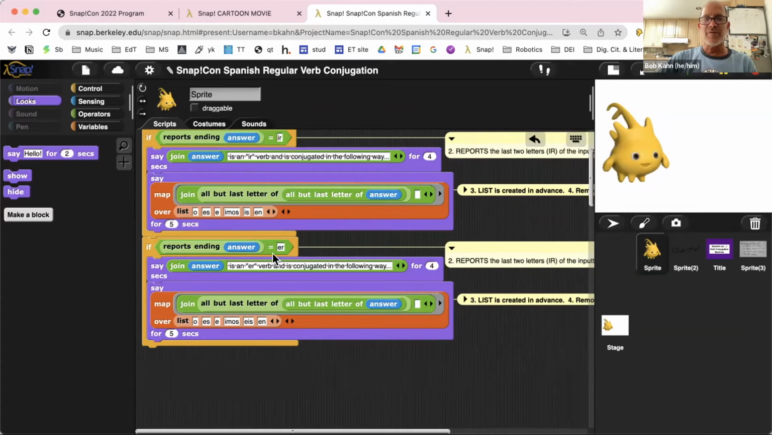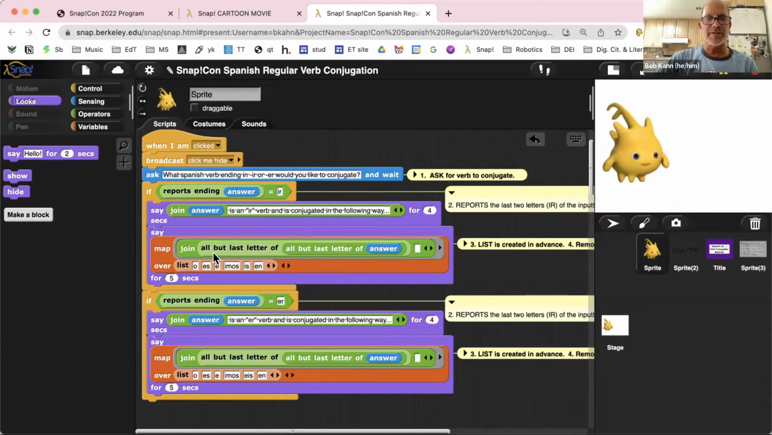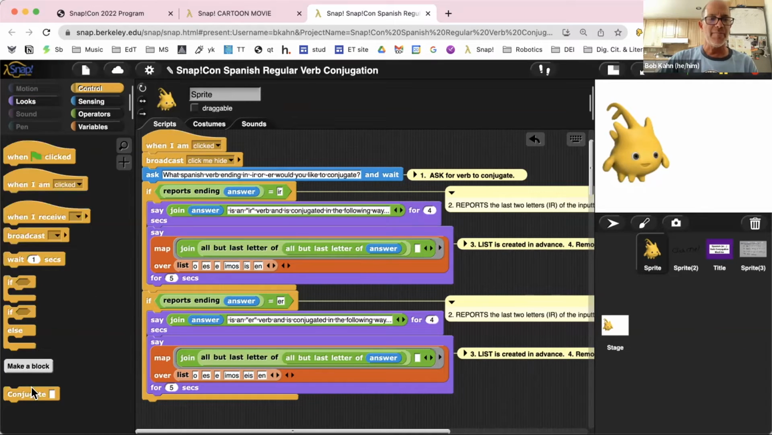And right off the bat, I'll have students do the same thing for AR, and they'll add another block here. Once they all have this, then I show them that all this script here is, okay, nice, but it's kind of messy. Can we clean it up a little bit? And I show them how to make a block